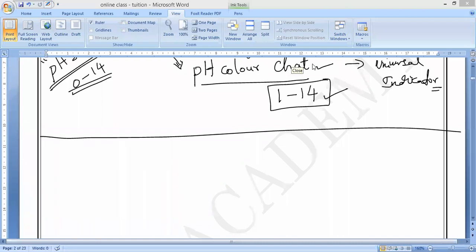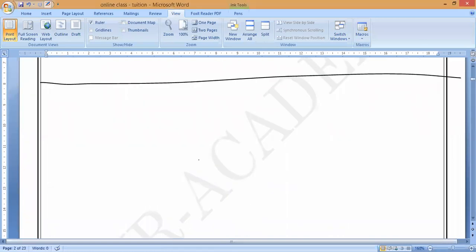Now, let us observe very carefully. We have to learn these colors now. First, pH scale, and you have to remember the color on the other side. Shall we start? Everybody, are you ready? First one, zero. Actually, the scale will vary from 1 to 14 only, but 0 is also there, remember all of you. If it is 0, it is very dark red.